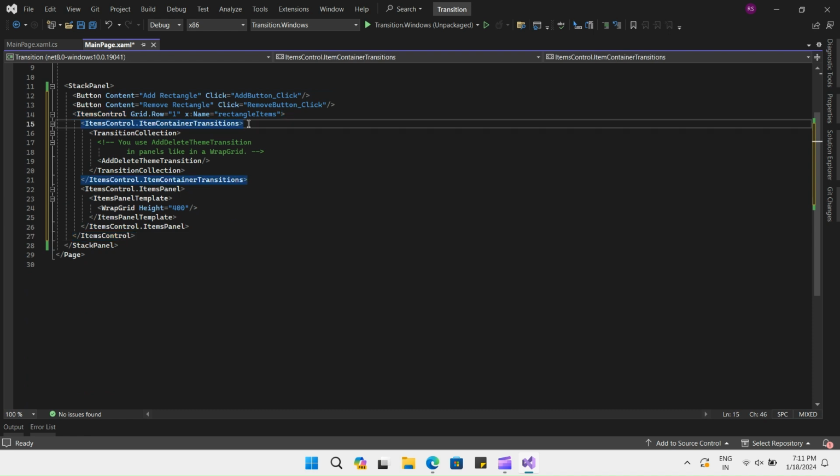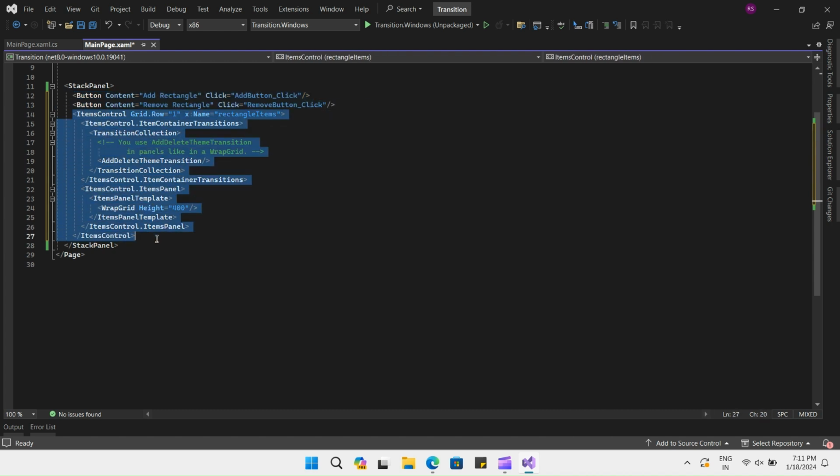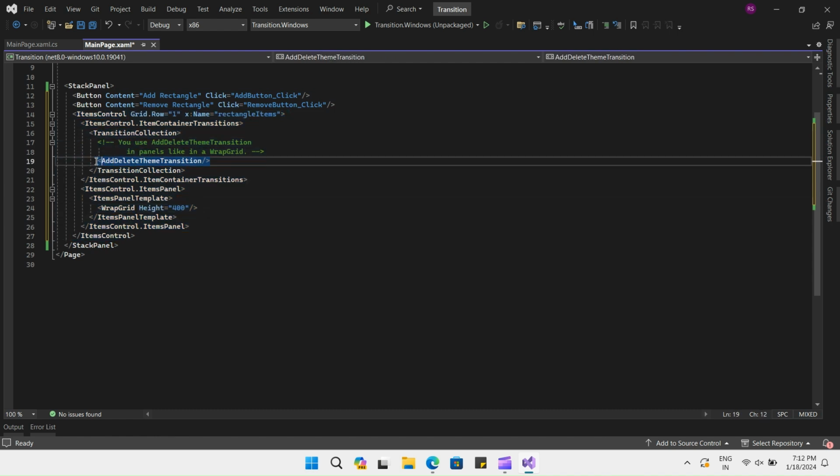So this code has two buttons. One is to add and the other one is to remove the rectangles, and we have an item control, and inside this item control we have a transition collection, and where we have added this add delete theme transition. And then we have an item panel inside which we have a wrap grid, and inside this items control we will be adding our